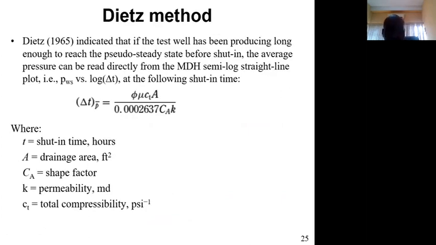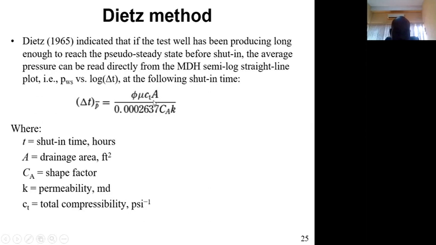For the Dietz method, it relies on the MDH plot. It indicates that if the test well has been producing long enough to reach the steady state before shut-in, the average pressure can be read directly from the MDH semilog straight line. So to use the Dietz method, you need to have produced the MDH straight line, get the slope, and then you can now calculate. If you take a look at the equation here,